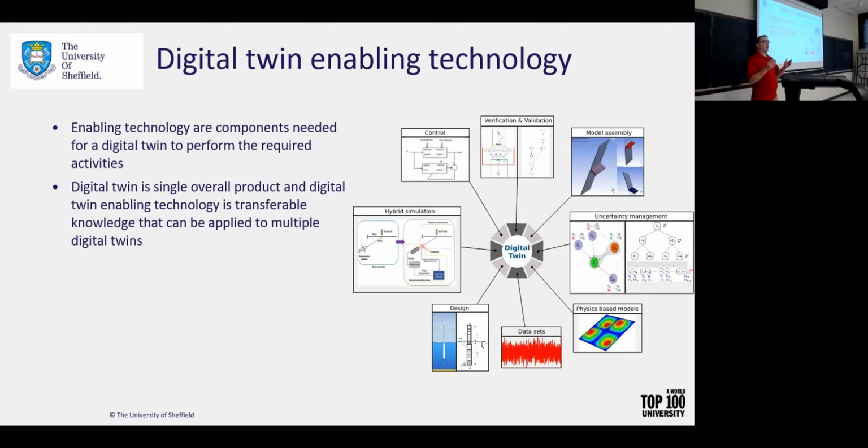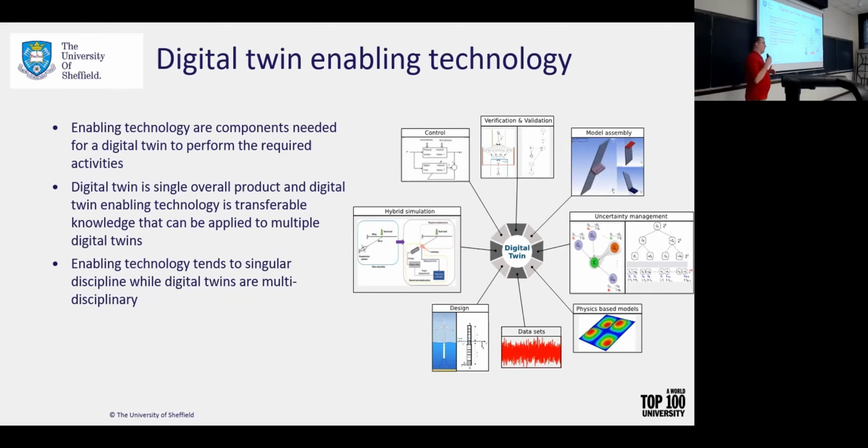If you think of finite element modeling, that is an enabling technology. In order to have accurate predictions, particularly with structural components, which is what I deal with, you need to have some type of representation of the physics of the system. That's typically done through finite elements. If you develop new technology in finite elements, that's not helping one system, that's helping many systems. But if you're looking at a digital twin of a system, that is very specific to that singular system.